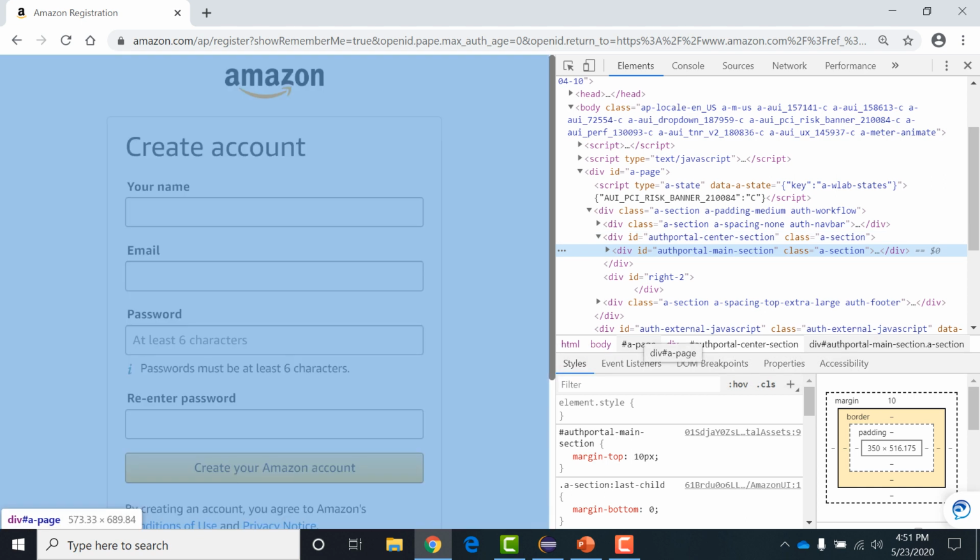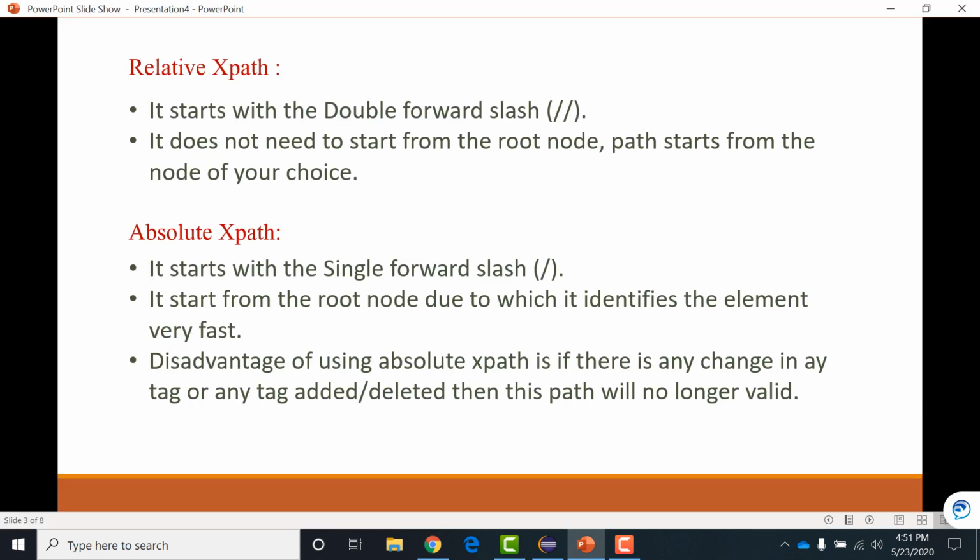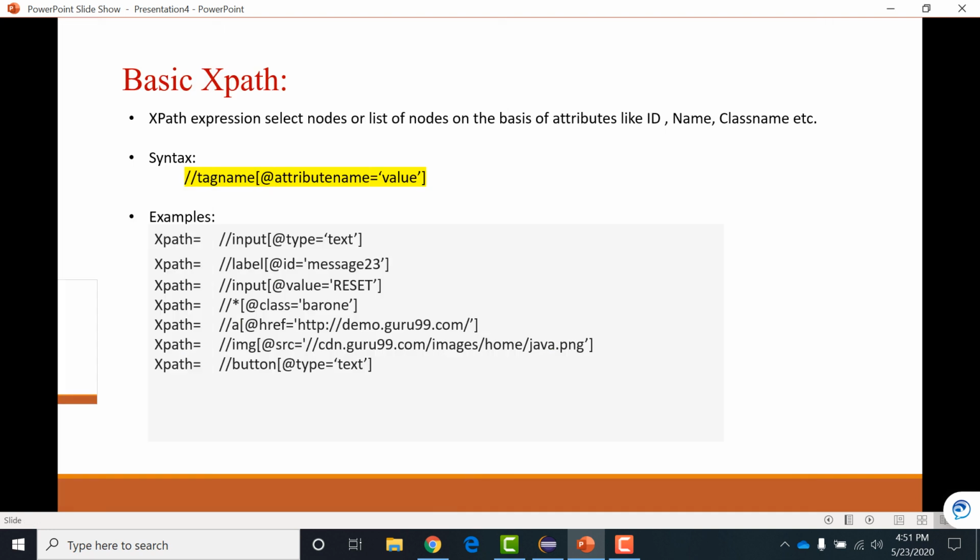Just simply click Control F. Now here you can write your XPath, and on the web page itself you can identify with the XPath how many elements it is going to search or identify. Fine. We are going to see our first XPath. Those are the basic XPaths, the simple ones.